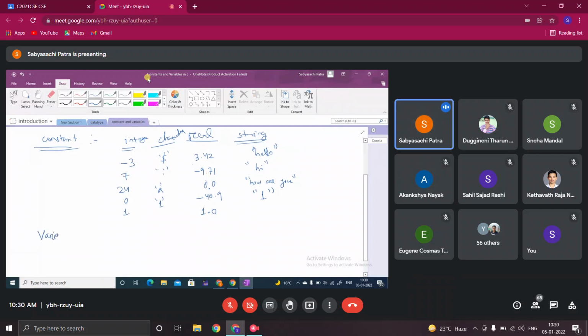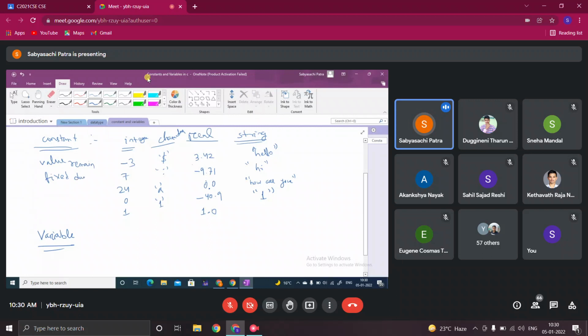Then what is a variable? Variable means its value may vary throughout the execution of the program. That's why the name is variable. Here, in a constant, the value remains fixed during the entire execution of the program.